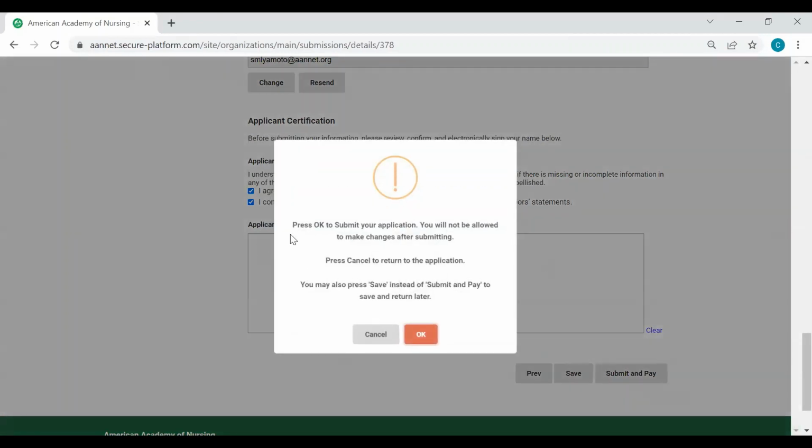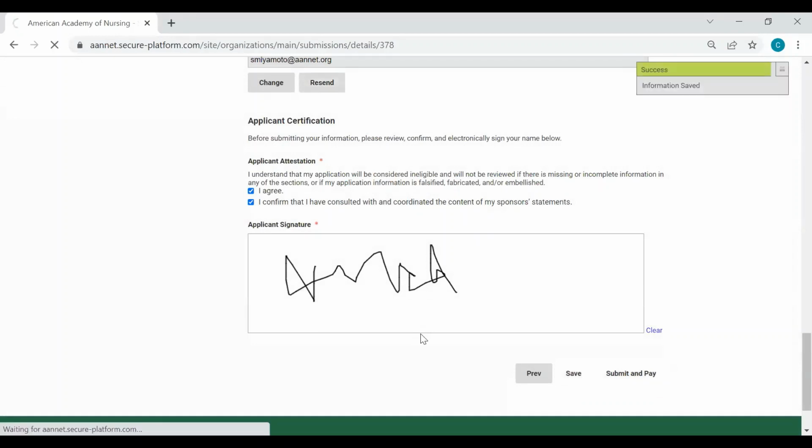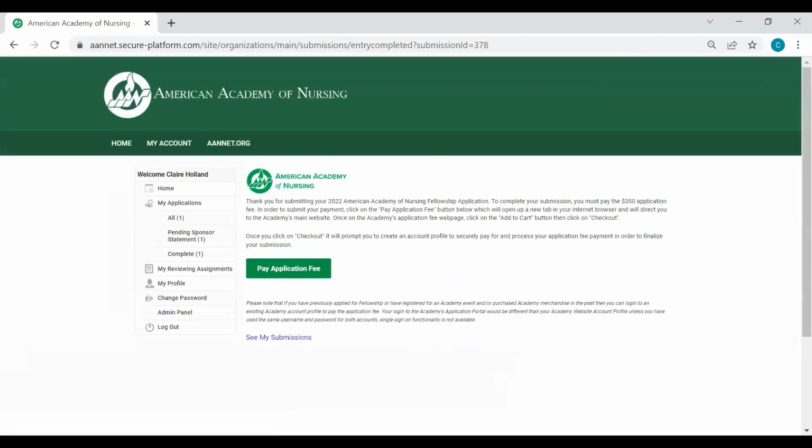So a pop-up will appear just to confirm that once you submit, you cannot go back and change. So if you're feeling ready to submit your application, select OK. And it will take you to the confirmation page. Now on the confirmation page,